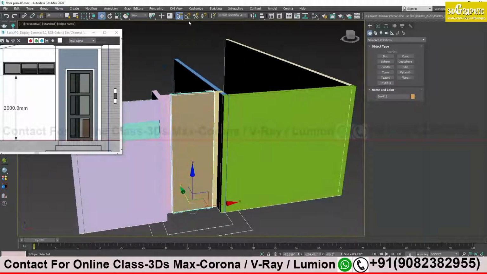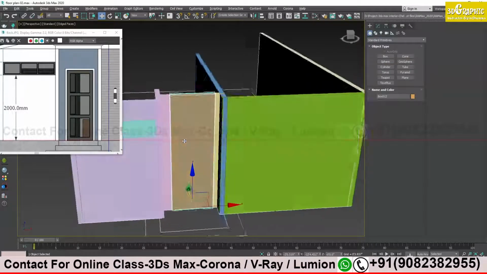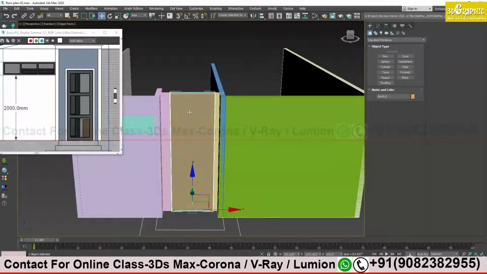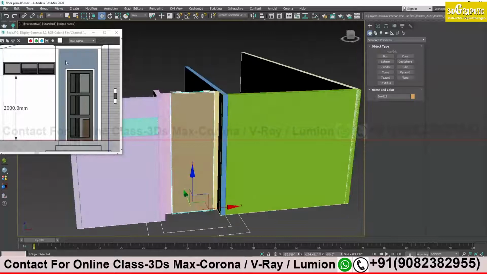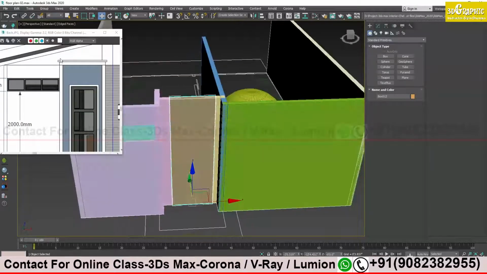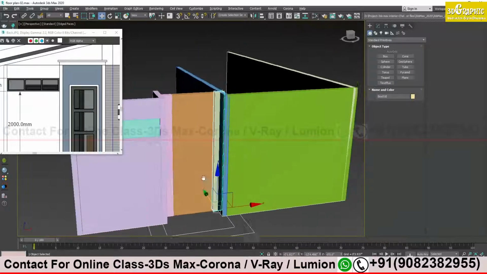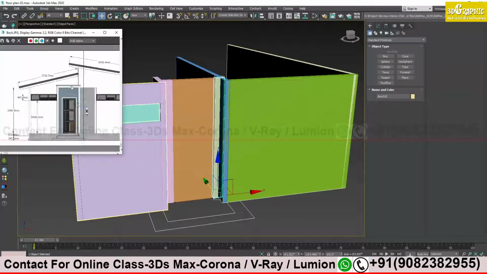So this will be my door. Now I will give the height of my door. Suppose this is the center portion, the white area. Okay, this white area, this portion, the door frames. Door frame and the panel and the glass all come under this brown one, no? And this white one is this one. Okay, let me first see the height of this door.